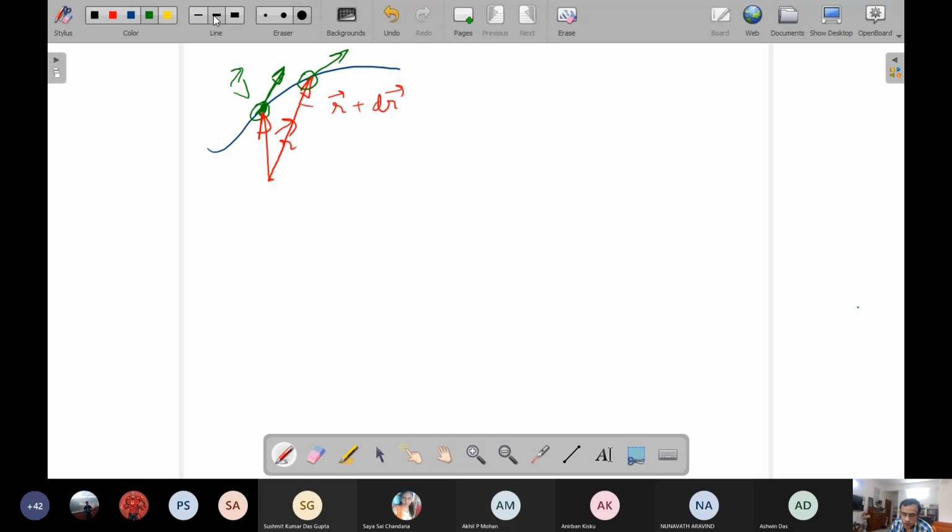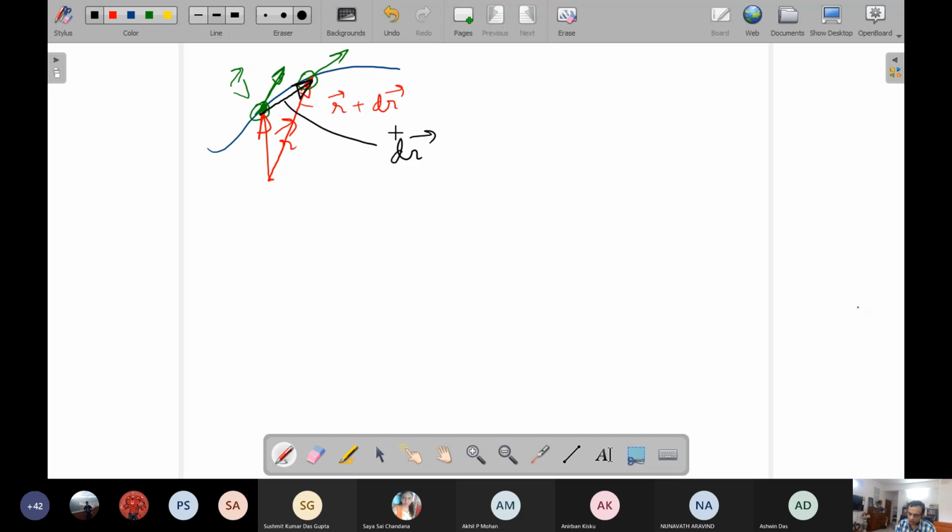Now, if you draw this diagram in this way, by the triangle law of vector addition, you can simply say that this must be dr, right? So if this is dr, we have to remember one thing, this dr actually, the name d or